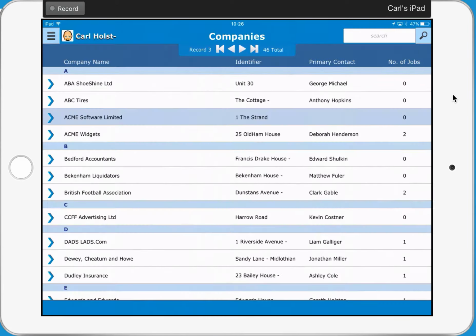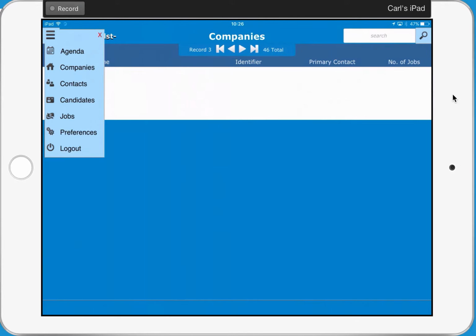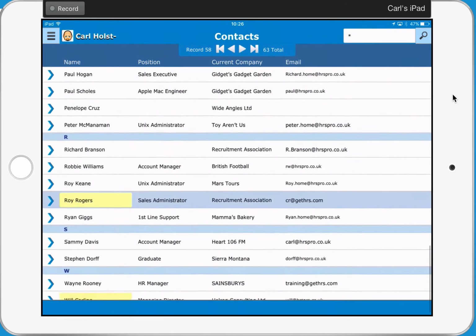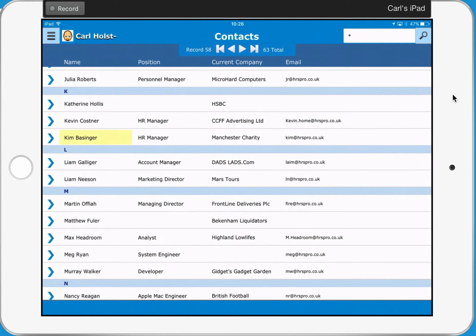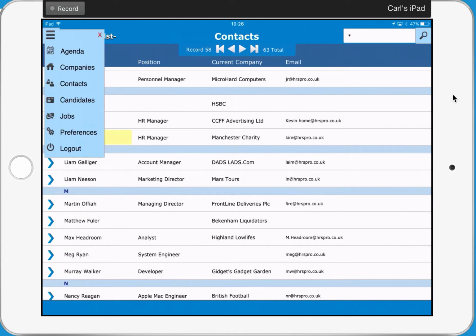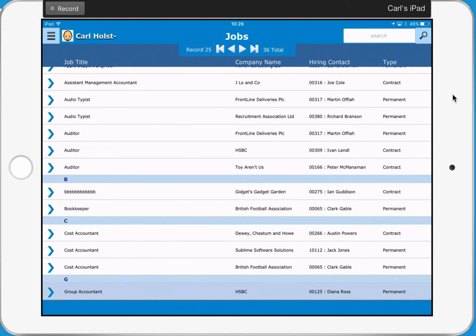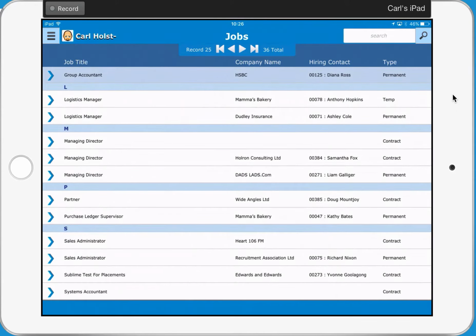You've got some portals there with company contacts and communication logs, and you can go back and forth as you wish from that area. If we go into contacts, the same thing appears in the contacts. You have a list of contacts. Any candidates that are also registered as contacts will also be there. As you saw, they're highlighted as well. And we can now look at the jobs, which will also follow the same concept of lists of records that you can scroll through, and you can search on the top right-hand corner as with any other part of this iPad